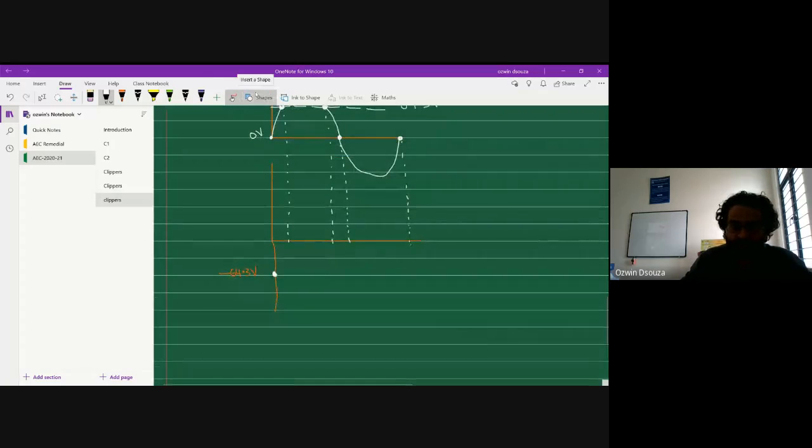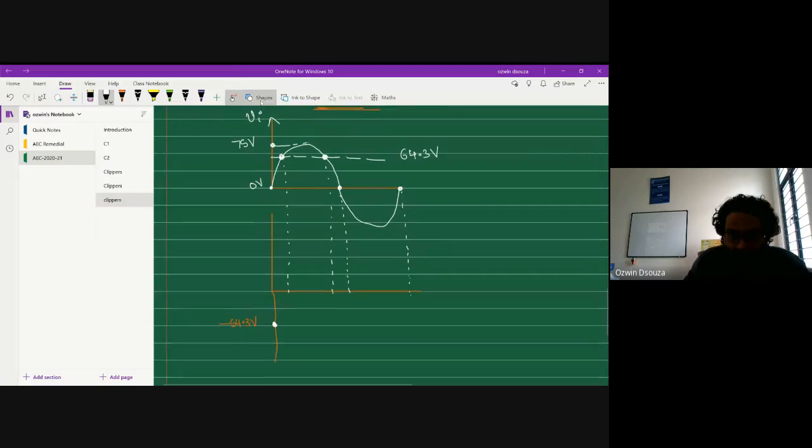At this point of the input, what instantaneous value is the input attaining? 64.3 volts. So when your input is 64.3, what is the value of output? It is 0 volt. Similarly, on the other side, when your input is 64.3, the output is 0. And when your input is 0, the output is minus 64.3. So basically what you get is this kind of waveform. Okay.